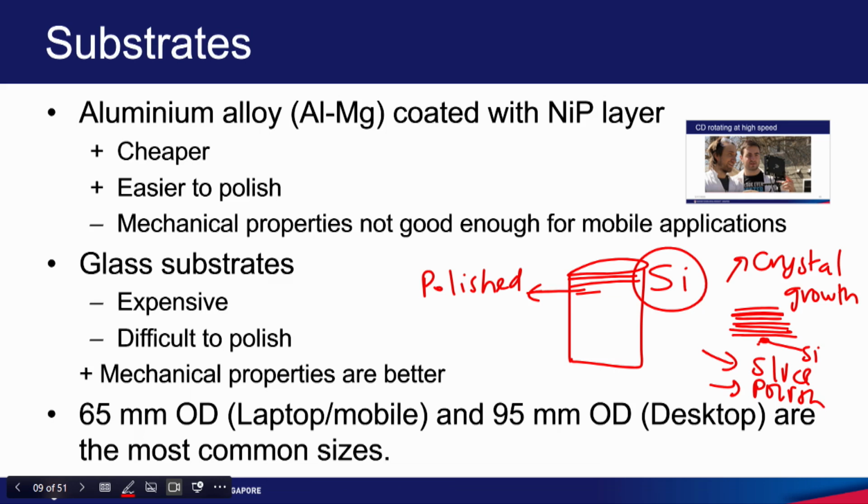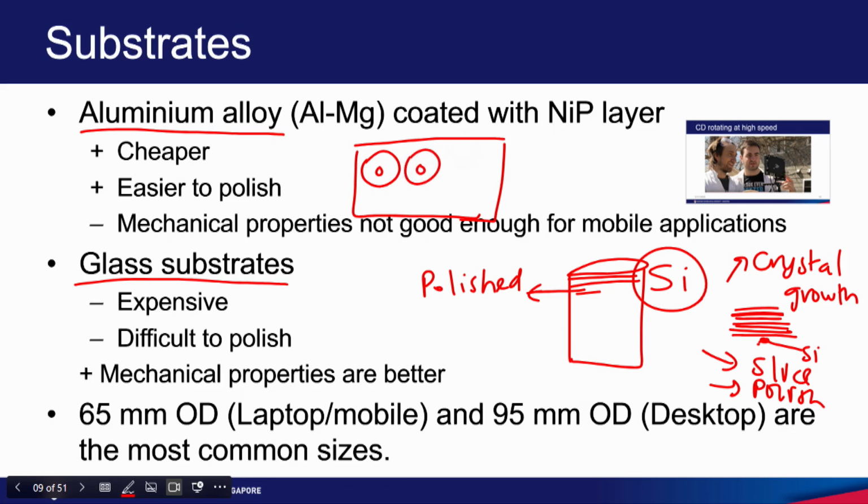In the case of hard disk drive, we have two types of substrates, aluminum alloy or glass substrates. Aluminum alloy you can make by melting. Let us say you have a sheet of aluminum alloy, then you cut them into discs. You make discs out of this sheet of aluminum, then you polish them. You have to polish to a roughness of around 0.15